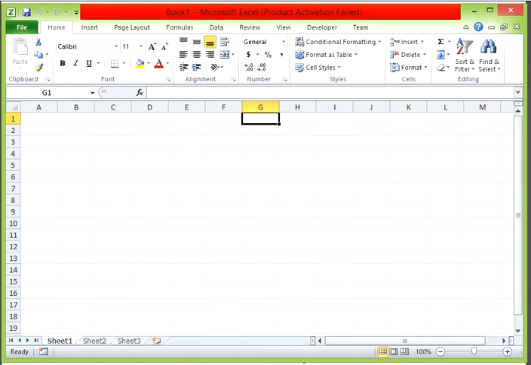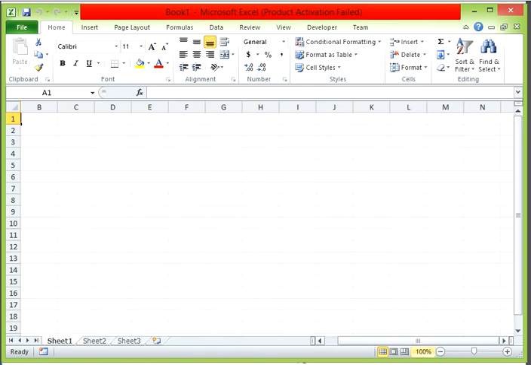And this is the ribbon area, the complete area. These are the groups: Clipboard, Font, Alignment. This is the cell, where a row and column intersect. These A, B, C, D are known as columns. These 1, 2, 3, 4 are known as rows. This is known as the status bar. Last one is the scroll bars.